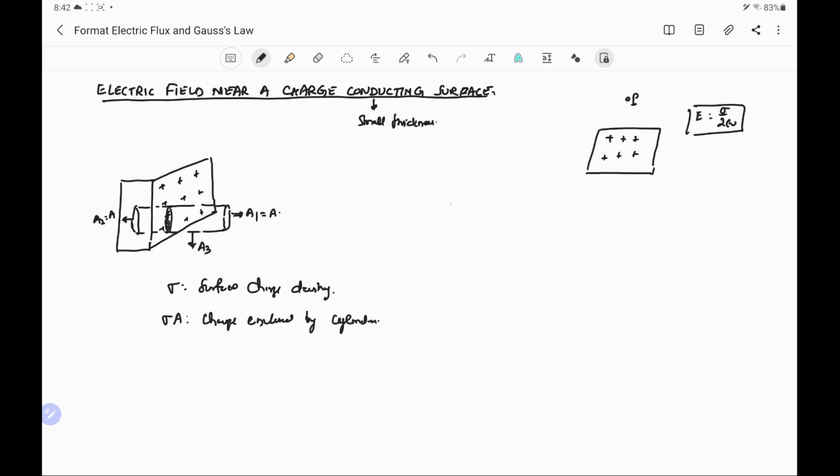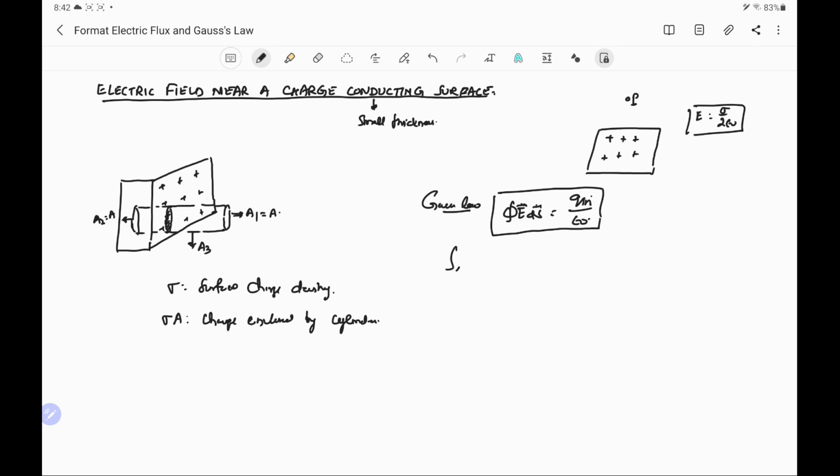Now we use Gauss's law. Using Gauss's law, the flux is equal to the charge enclosed by the Gaussian surface divided by epsilon naught. So applying this for all three areas, we find